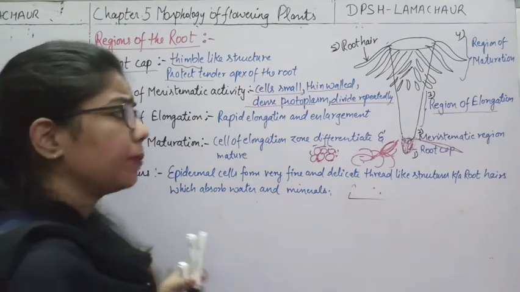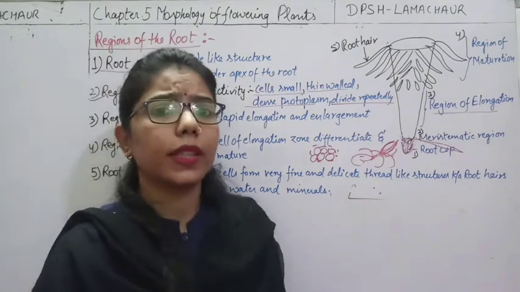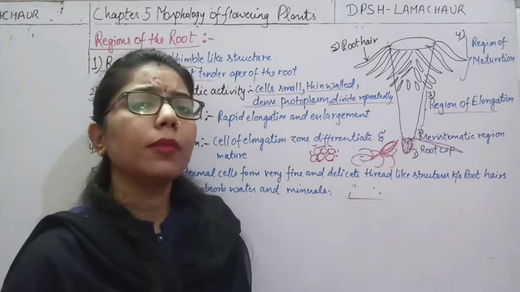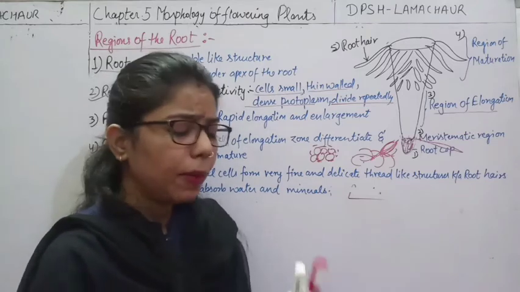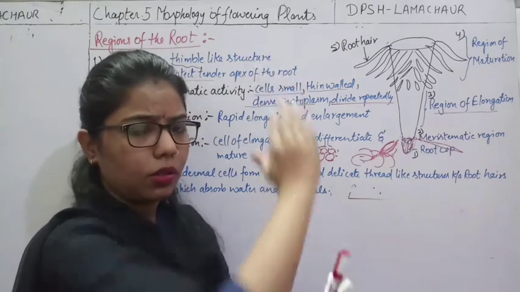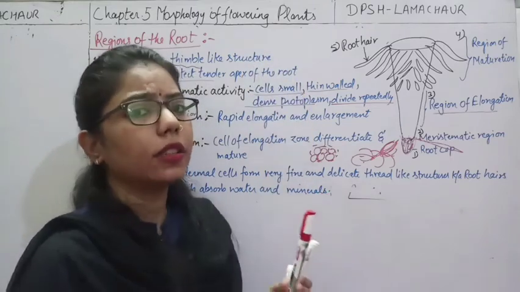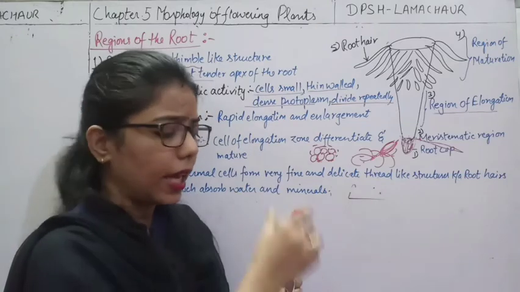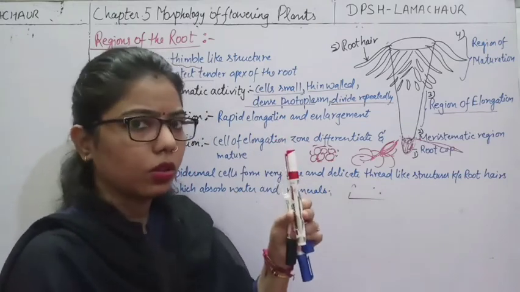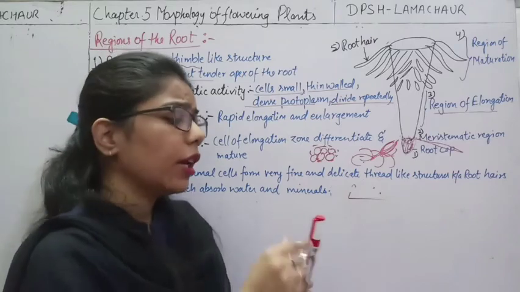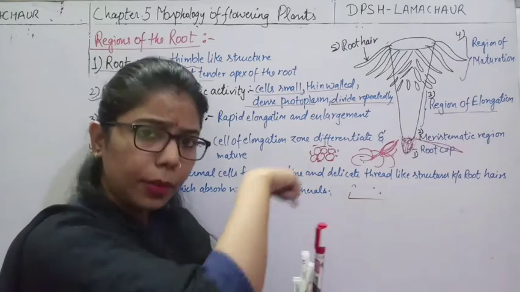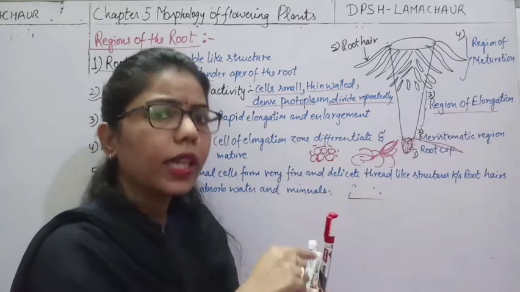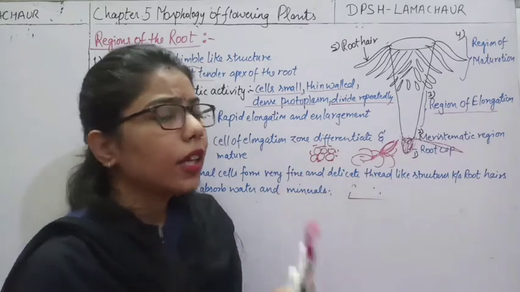We have done two things, primary growth as well as secondary growth. What is the meaning of primary growth? When the plant is growing upward, vertically, it is known as primary growth, whether in case of shoot or in case of root. And what is secondary growth? When the diameter of the tree, or the diameter of the stem, increases, it is known as secondary growth.